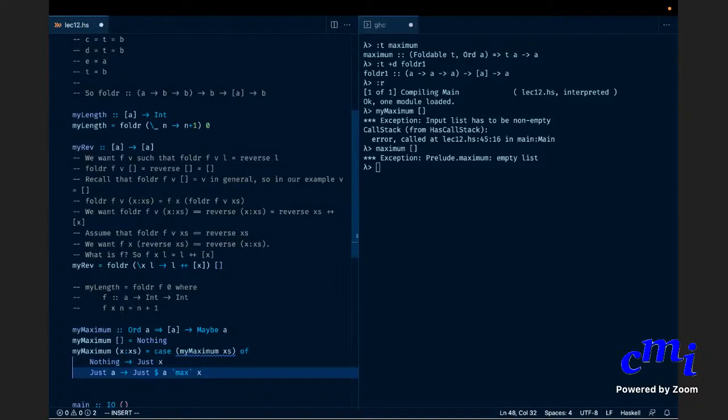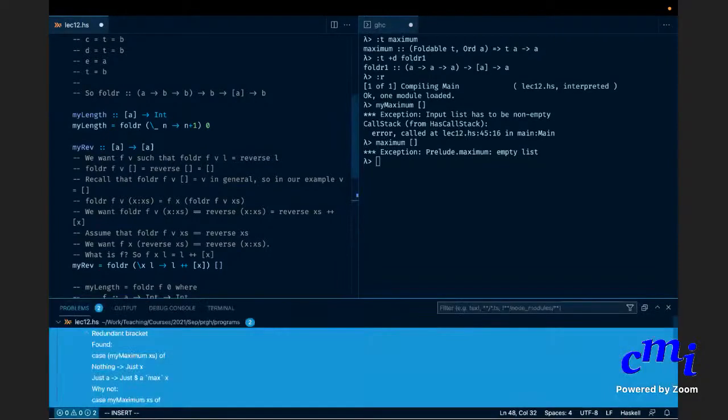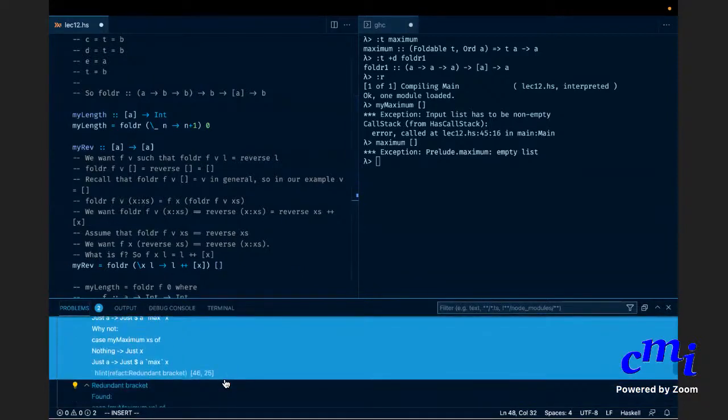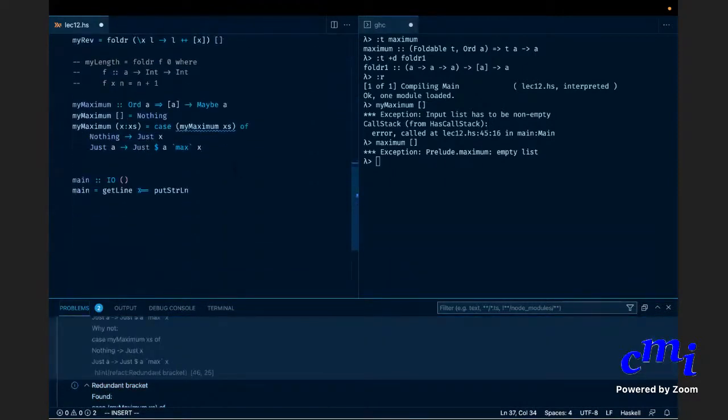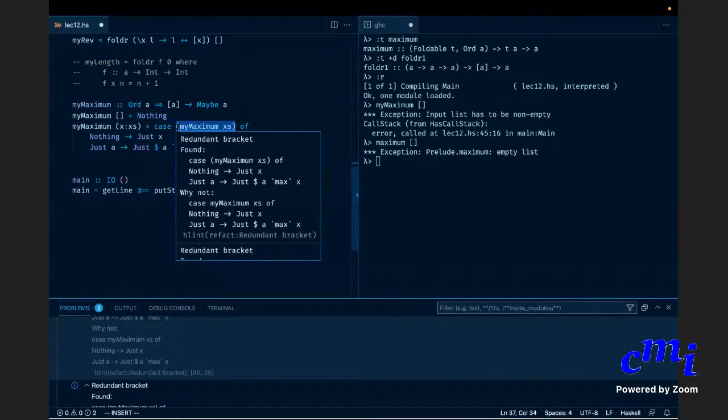And this you can actually express as a fold. In fact, if you go look at it, it will suggest, why don't you do fold? Okay, it first says that there is some redundant parenthesis. You don't necessarily need it.